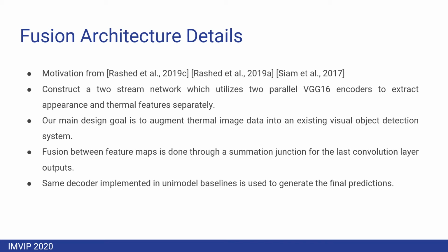Talking about levels, first is input fusion, where you simply stack the color and the thermal images before feeding them into the network. Early fusion is where we integrate color and thermal at the subnetwork right after the first convolution. Half fusion is where we combine color and thermal subnetworks at a later stage, let's say around the fourth or fifth convolution block, so that we can concatenate the features. And late fusion is a kind of high level fusion which concatenates the last fully connected layer from the color and thermal